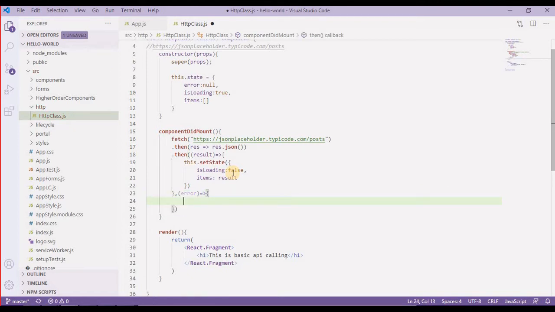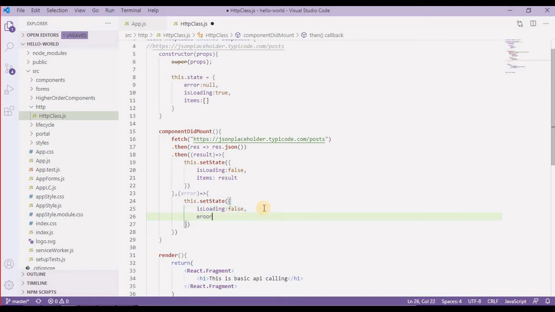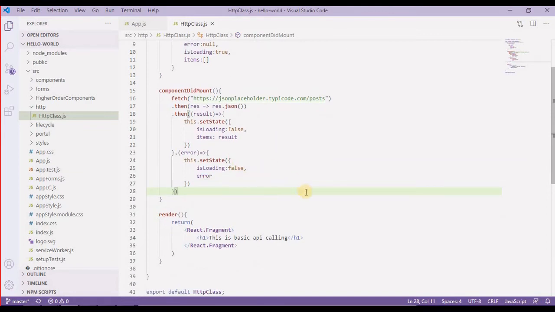Now again I am going to call this.setState method, and again we are going to have the same result, like isLoading is false again, and then we are going to have error as in response. Alright, we are done with this error handling.